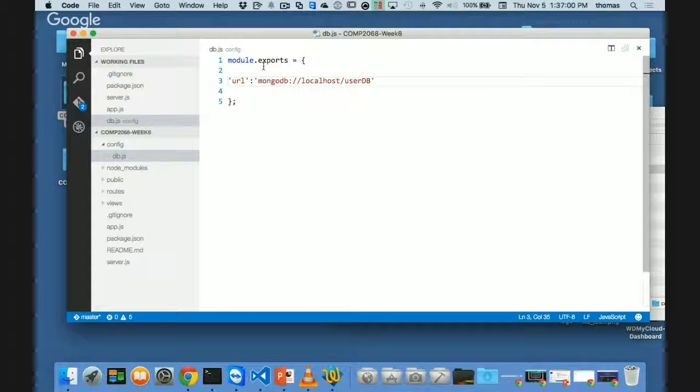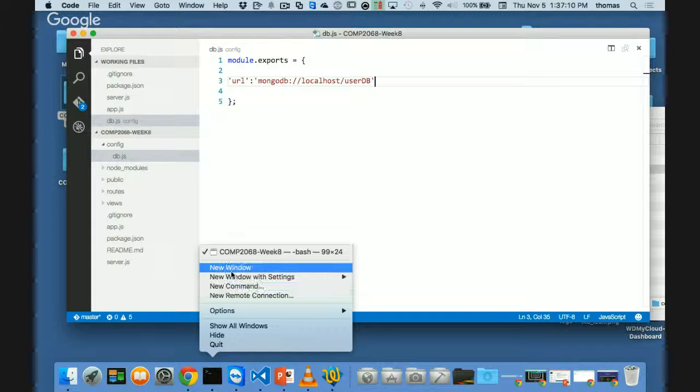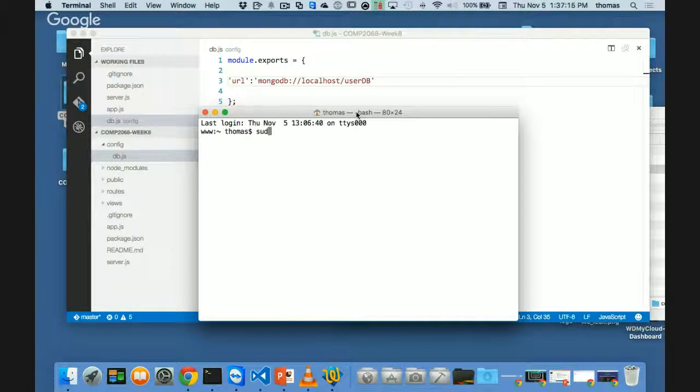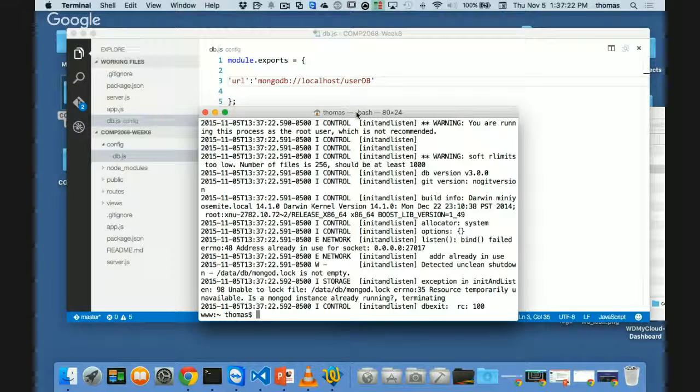On that, Mongo, I have to run MongoDB as a server in order for my application to work, because I need a database server for it to work. So let me kick that off here. Now for you, it might be as simple as what I'm going to do, which is to type in here sudo on the Mac, or just without sudo on a Windows machine, mongod, right? And what this does is it kicks off,